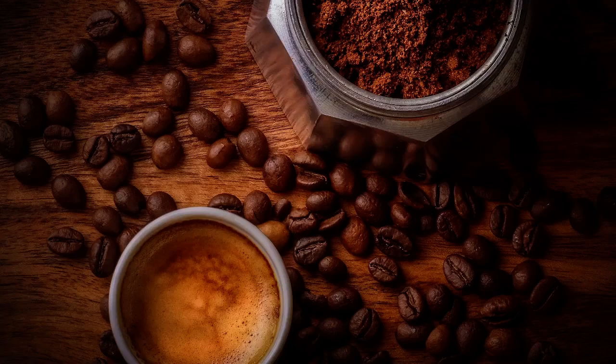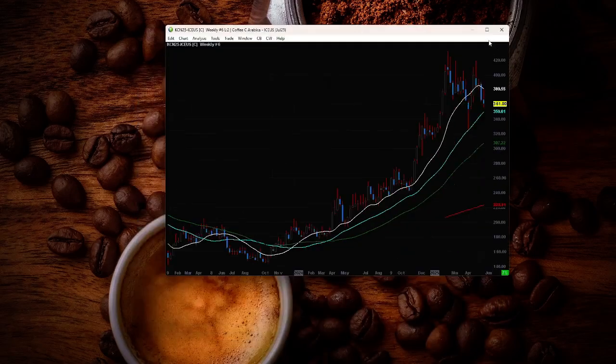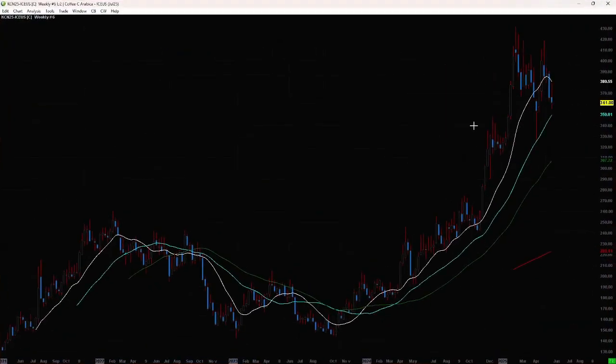Let's go to a weekly, just so we can see what's going on over here. Let's get a little bit more of a technical picture. Again, you can see almost from basically October time, it's pretty much just been to a large extent straight up. If you were a stock trader, this is what you would want to be in. There's no reason why you wouldn't be. It happens to be coffee, but look at this.